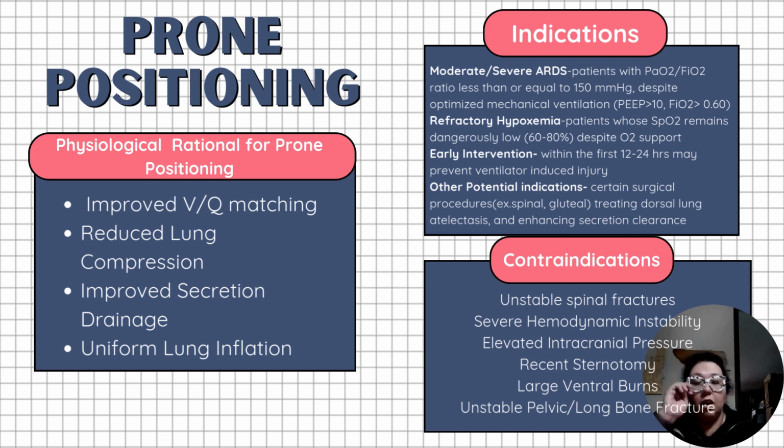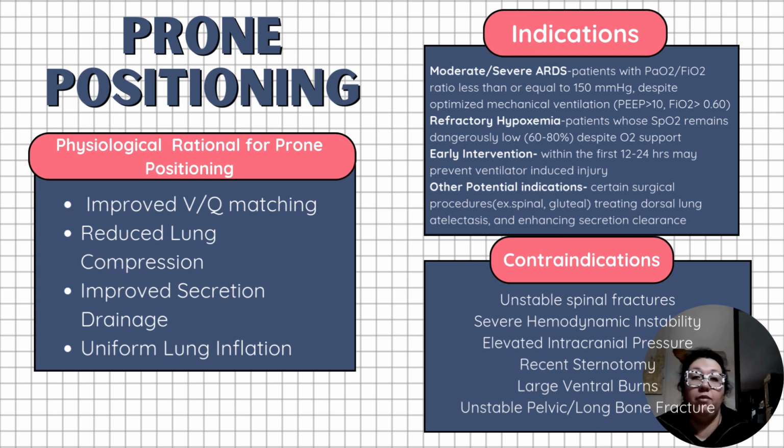Our indication for proning is moderate to severe ARDS. So patients with a PaO2 to FiO2 ratio less than or equal to 150 mmHg despite optimal mechanical ventilation. That means their PEEP is at the highest rate, their FiO2 is greater than 60, and they're just not responding and not oxygenating